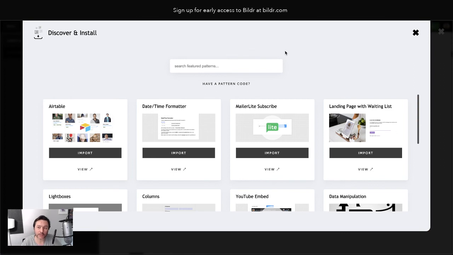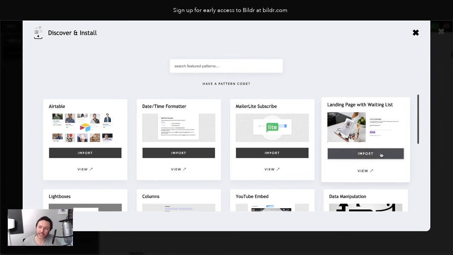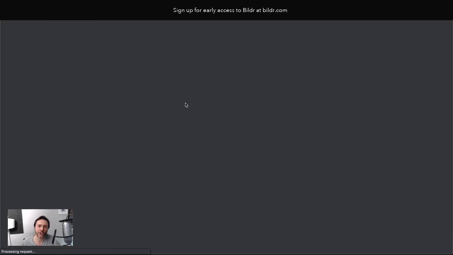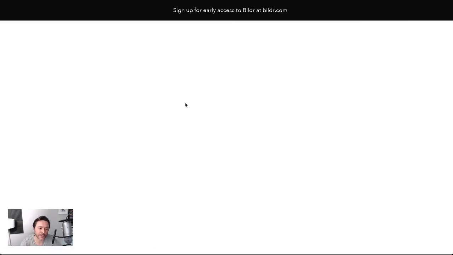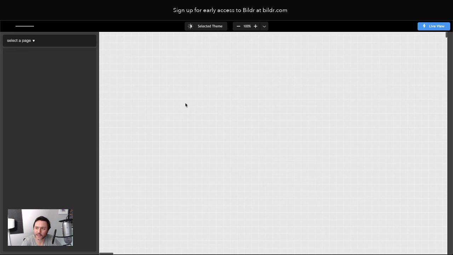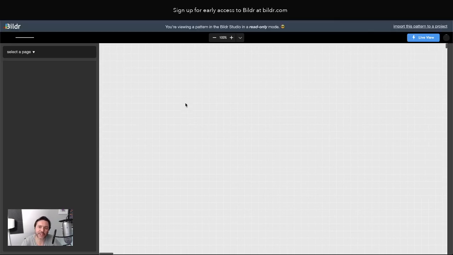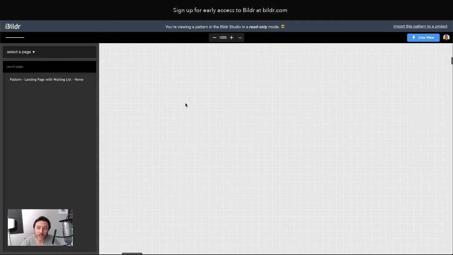But the one that I want is called landing page with waiting list, which is right here. And what I can do is I can view this pattern here. It'll show me a studio read-only view that I can look at to decide if I want this pattern, basically. But I'll show you here because this is the pattern we'll be starting from. So once it loads up,